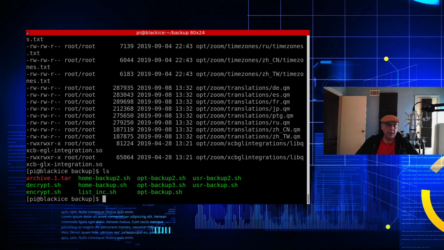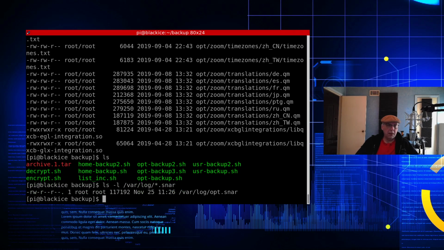Okay, so we've got the archive. Let's look at varlog, and let's look for snar. And there's my snar file. This is, as I said, the snapshot file that has the metadata for the archive in it. And so let's go ahead and look at